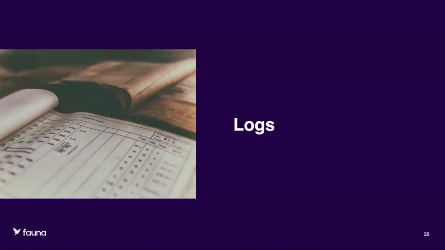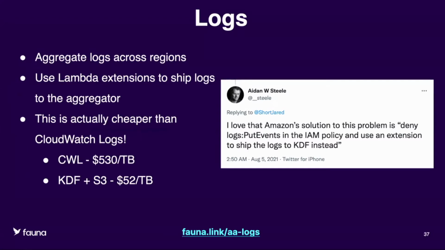A quick word on logs. When you have your application deployed across multiple regions, by default on AWS, you're going to be writing your Lambda function logs to CloudWatch. This means that those logs are all going into different locations. So you'll want to do something like Kinesis Data Firehose to aggregate those logs and put them into S3 where